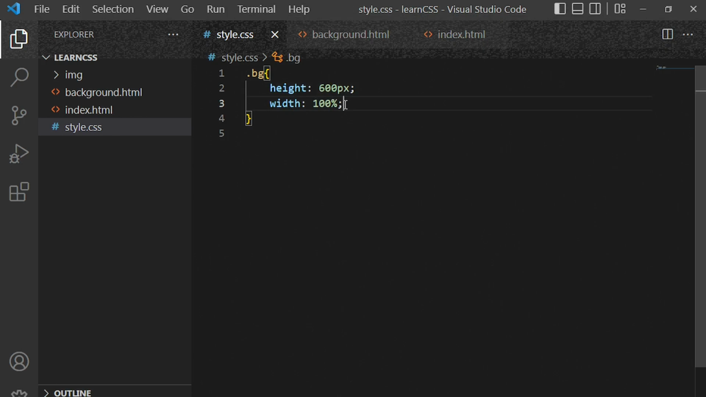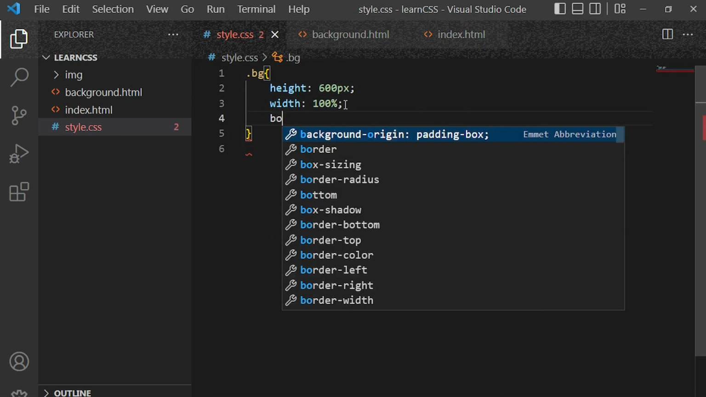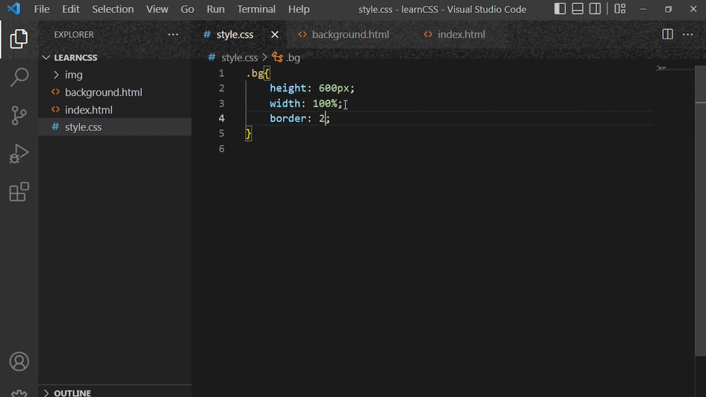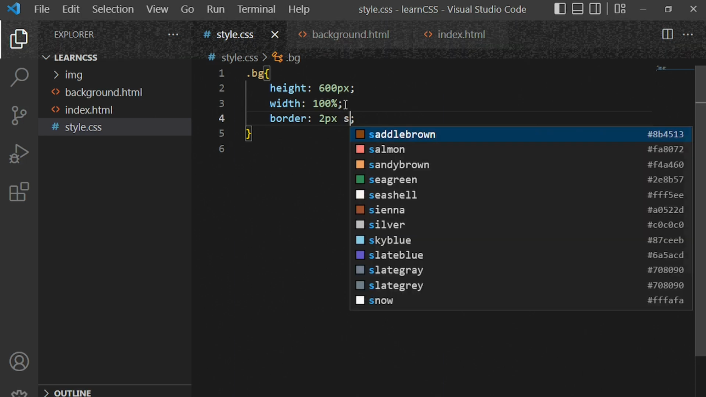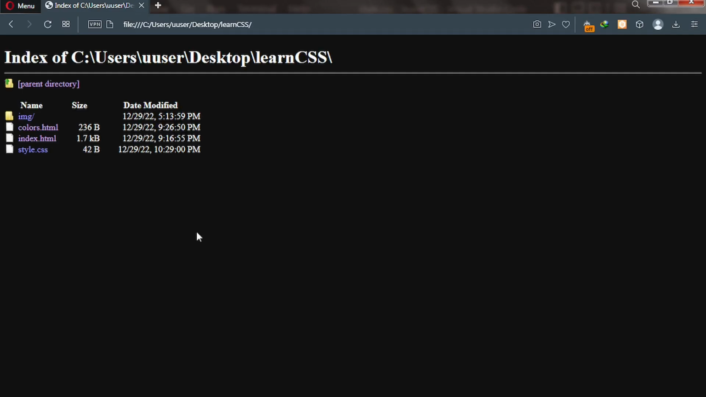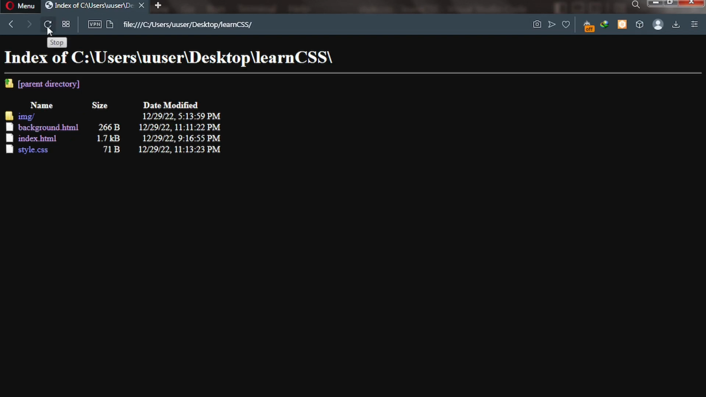Now, because I want you to see it on the browser, let's give it a border. I'm going to give it a border like 2 pixels, and then I'm going to give it solid. So solid, 2 pixels solid. Now let's go to our web browser, and then let's reload this page. Good. Now we have background.html. So this is the file we created,